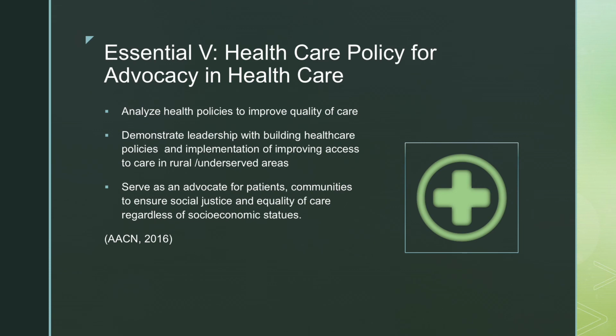So DNP Essential number 5 is also used, and this is healthcare policy for advocacy in healthcare. And the different components of it are analyzing health policies to improve quality of care, demonstrating leadership with the building of healthcare policies, and then also implementation of improving access to care in rural underserved areas, which directly ties into what we're doing. And then serving as an advocate for patients and communities to ensure social justice and equality of care,